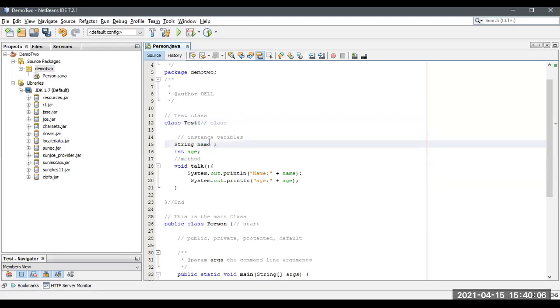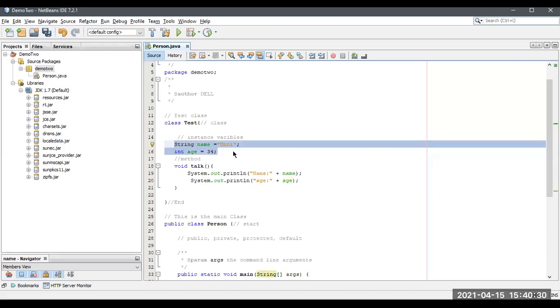So now I'm going to take a name. Okay. Now I'm going to take my name and my age is 34. So now I just initialized. This is the declaration of a variable.